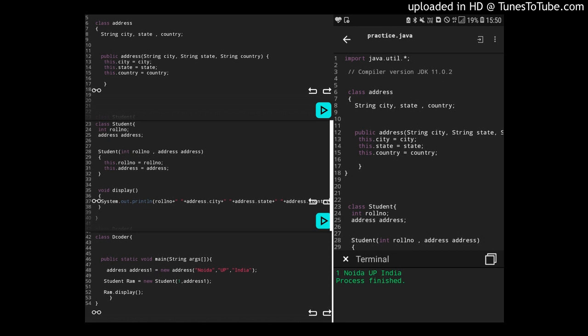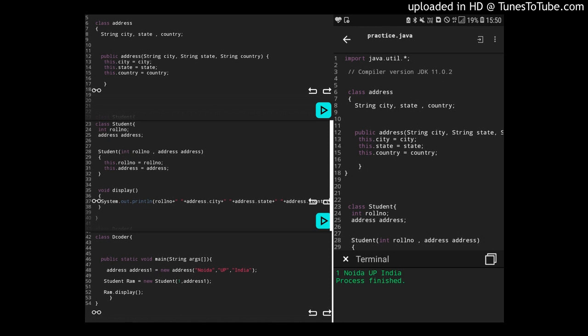But if we use another instance variable which is of object type, then that is known as aggregation. So certainly it is useful for code reusability. I need to explain this with the help of an example.